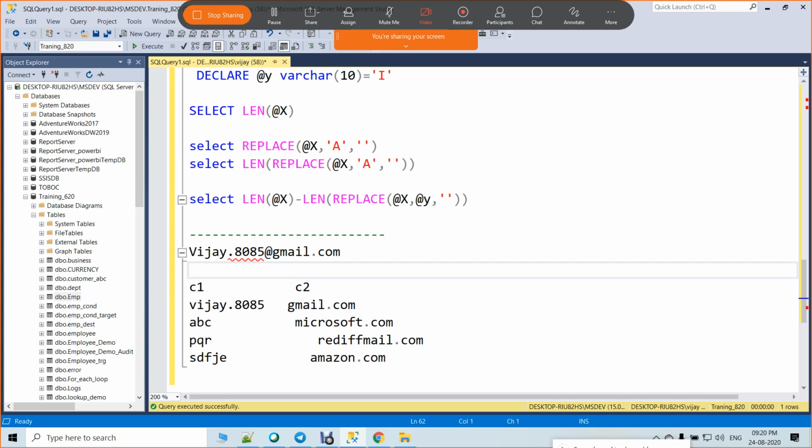Okay, I will tell you the hint. The common part is @, right? From the starting to @ it's the first column. From @ to the ending it's the second column. As simple as that, right? That is the logic. Now see in the technology how you can split it.